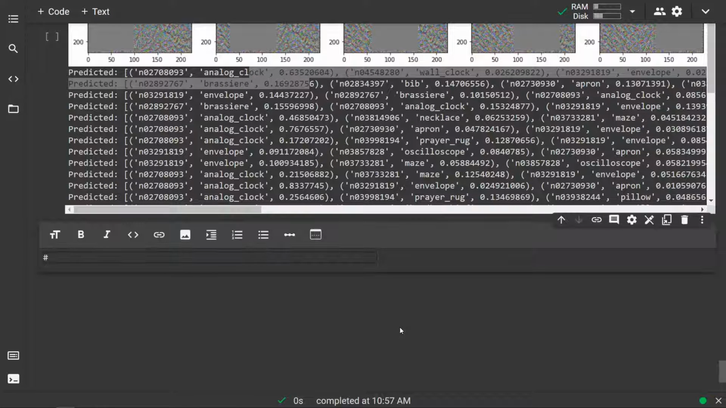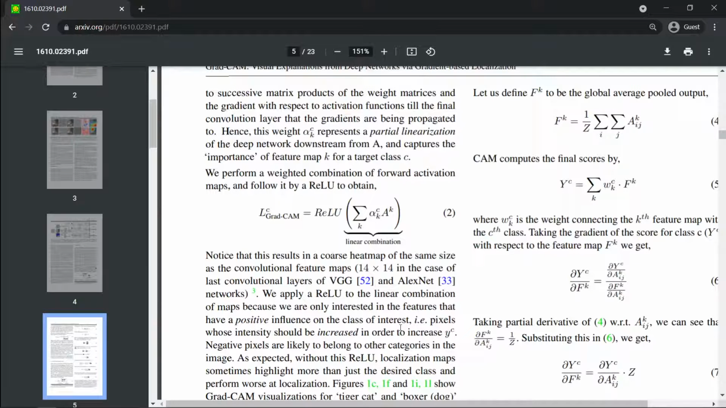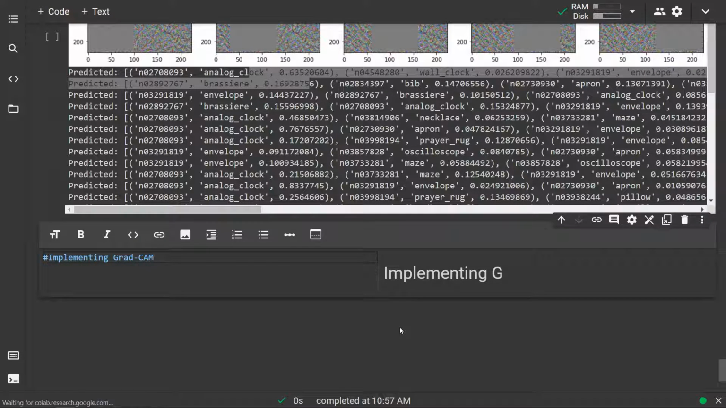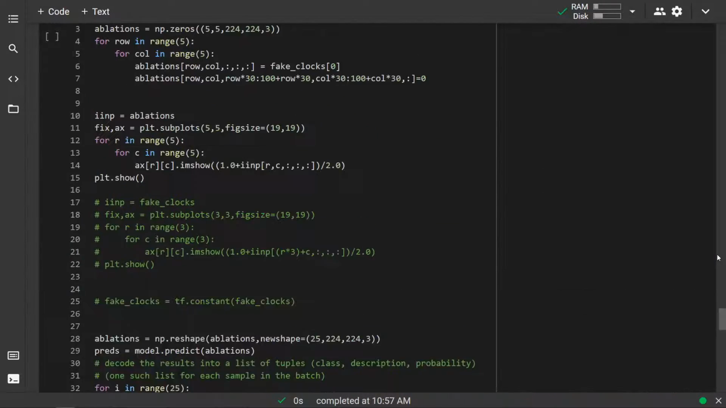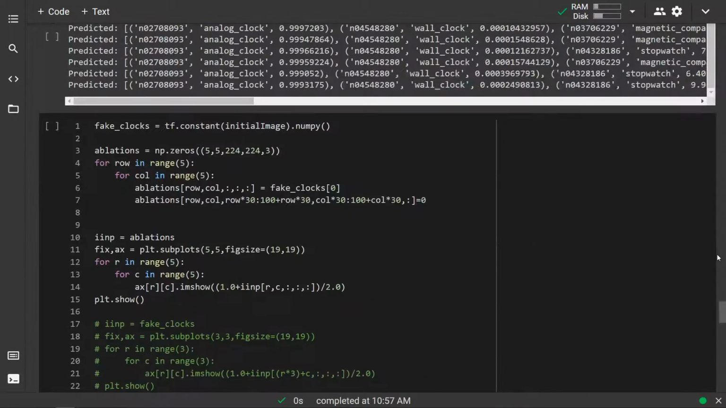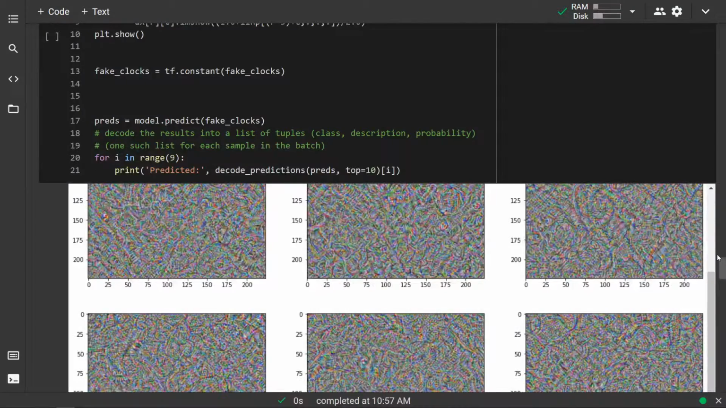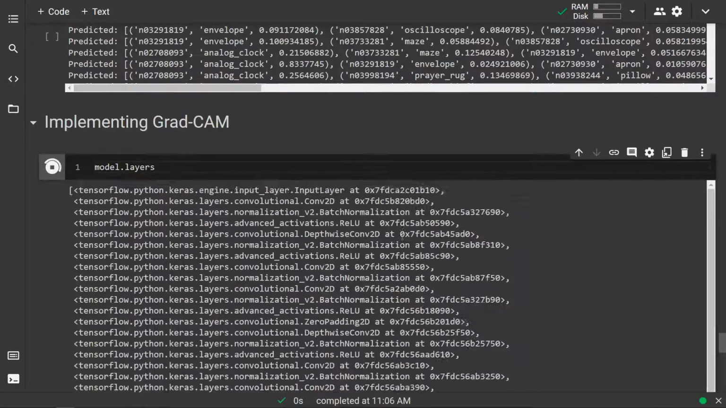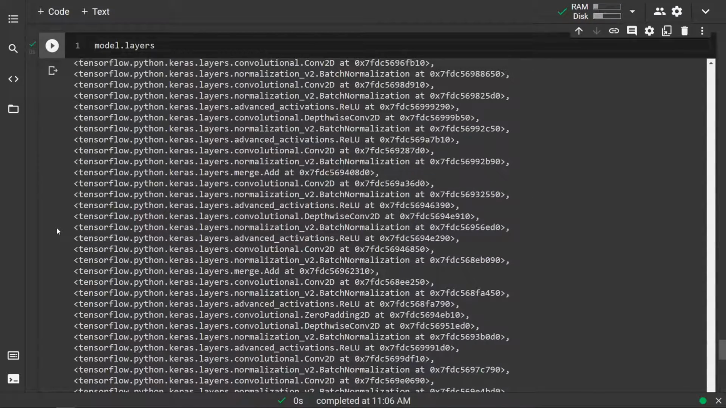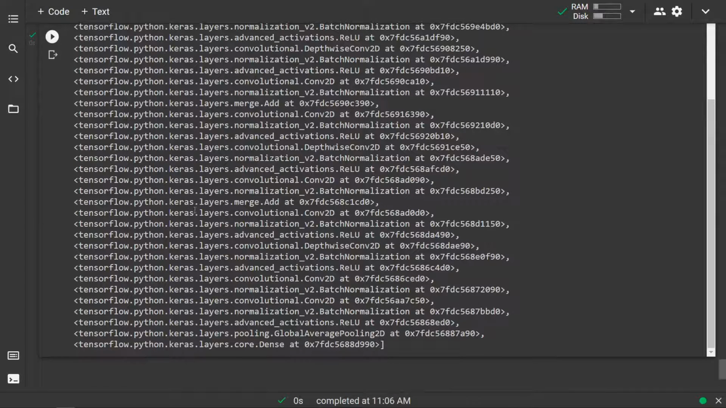So implementing, what's it called? Grad-CAM? Sure. Okay, implementing Grad-CAM. Poorly. We're implementing it poorly. Okay, so what do I call the model? Because I need to get the layers, which is going to be a pain. Okay, model layers. Let me have them. Holy, that is so many layers. Okay, so